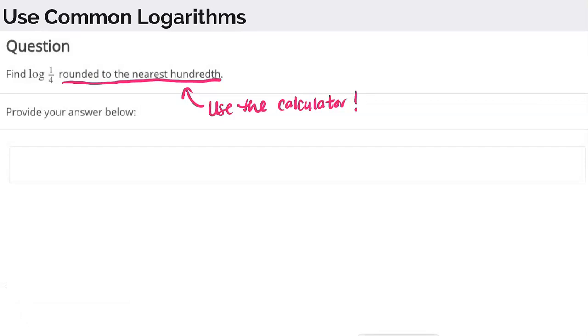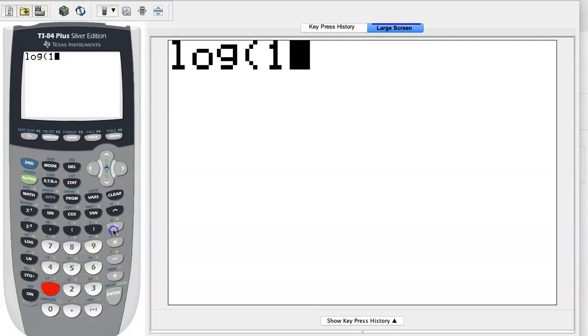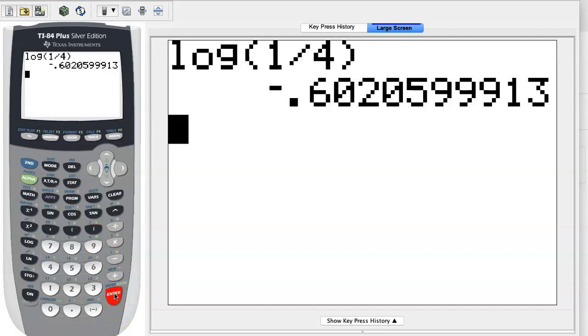Okay. So if we open up the calculator here, we just have to press the log button over here, which is right next to the 7, and then we'll type in our argument, or the input, which was 1/4 for this problem. And before I hit enter, we can think about what type of value we expect. Since our base here is 10, but the input was 1/4, a number less than 1, that means we should be getting a negative exponent. And we do, in fact, we get negative